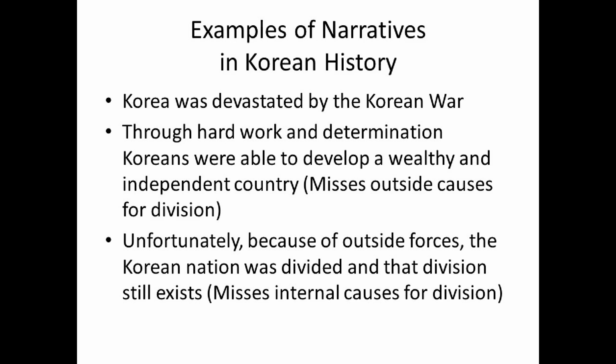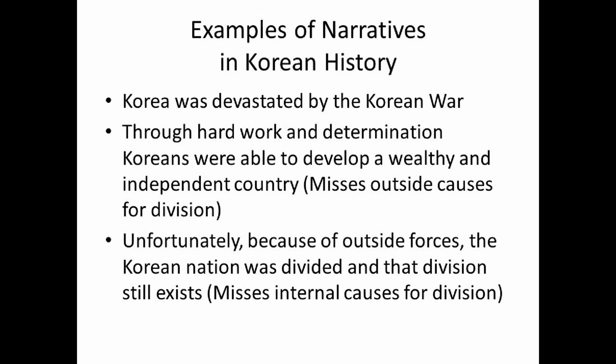This is talking about the Han River that goes through Seoul, because Seoul was able to go from a city that had been devastated in the Korean War to be this kind of metropolis. And some Koreans were really offended because they said, there's no miracle. We worked hard to do this. And that's very true. However, there's a tendency to miss how much of this was based on American aid and the aid from other countries.